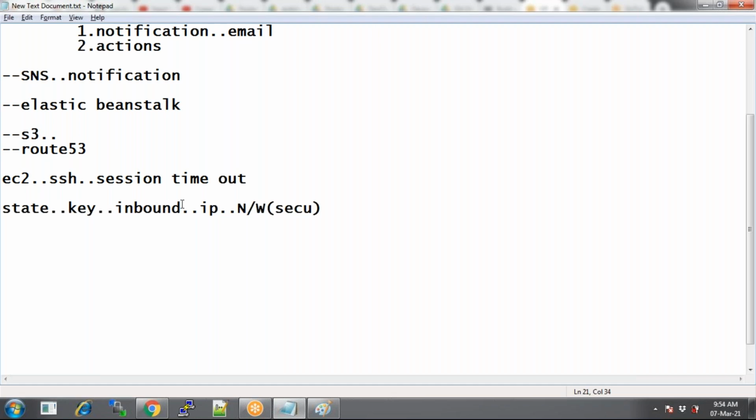Security groups are for instance level security. Here we call them network level security, NACL, but don't worry, we'll be discussing them in the future. So that is also one more thing. These are the few points you must debug first. Okay. Any more questions?